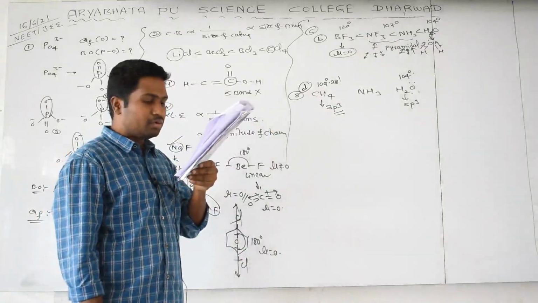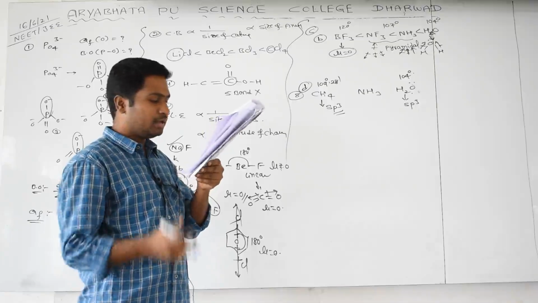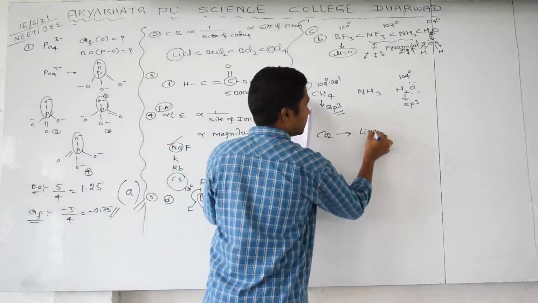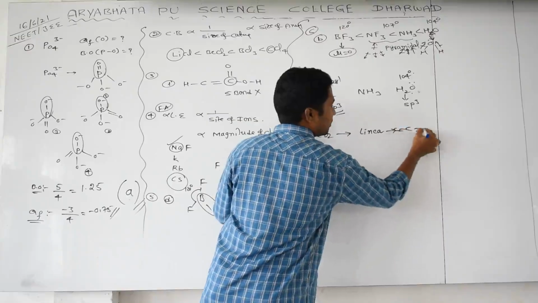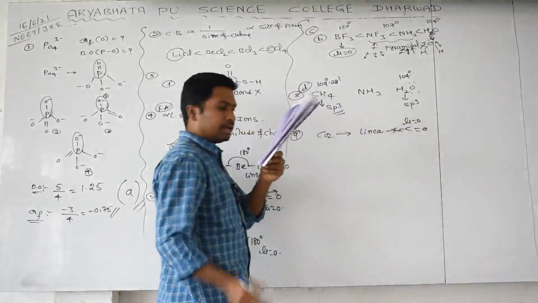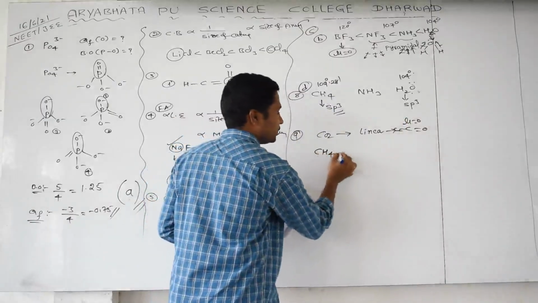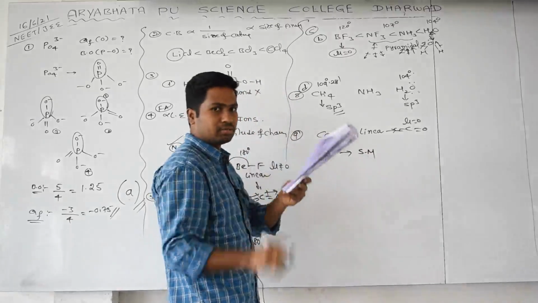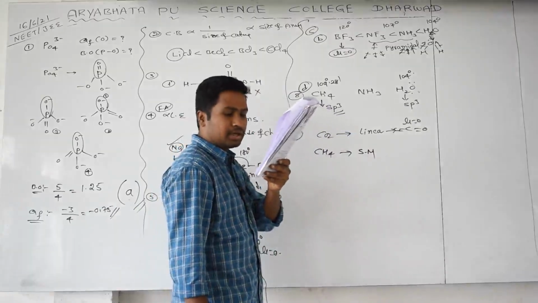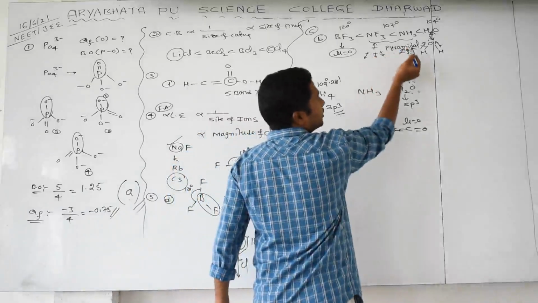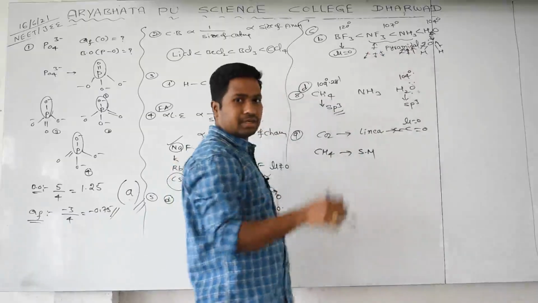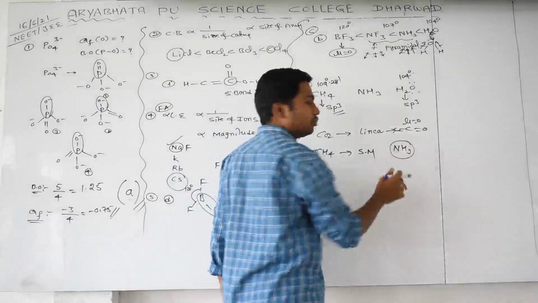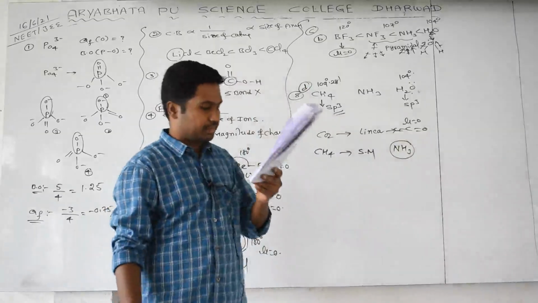Which of the following molecules has the maximum dipole moment? You can get it, ninth one. CO2 is a linear molecule. Linear molecule means C double bond O, zero dipole moment. And CH4 is also a symmetrical molecule, so zero dipole moment; all bond angles will be the same, all bonds are the same. And NH3 and NF3: I told you NH3 has all bonds in the same direction, so high, and then NF3. I told you yesterday in the concept which is highest. NH3 has the highest dipole moment because all bond moments towards the central atom are in the same direction.